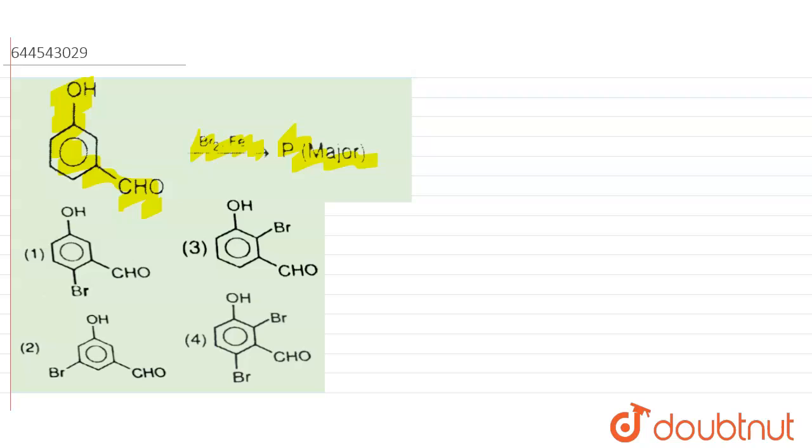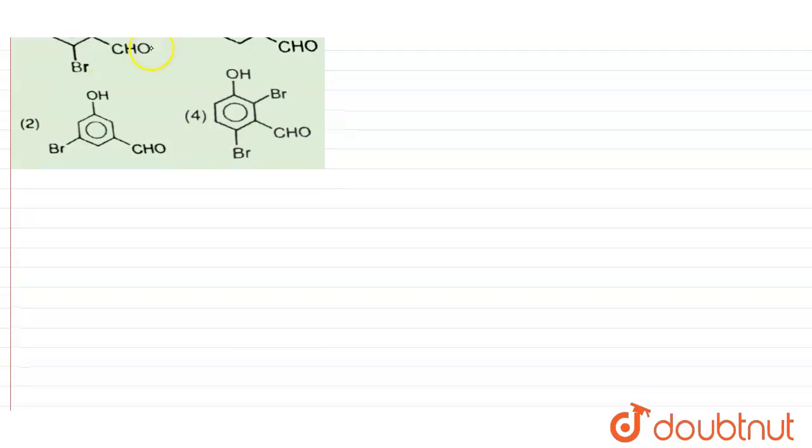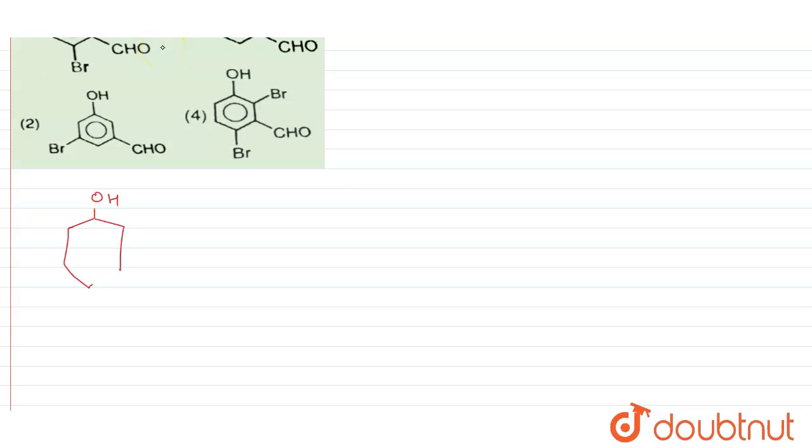To begin with, we start with the organic molecule given to us, which is a benzene ring with OH, and a CHO group attached at a meta position. If you write the double bonds over here, OH is an electron donating group and has priority over CHO. The lone pair of electrons on oxygen will donate electrons to this part, resulting in the formation of a negative charge.